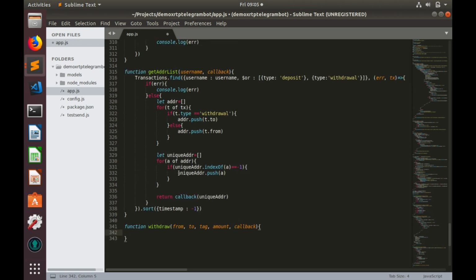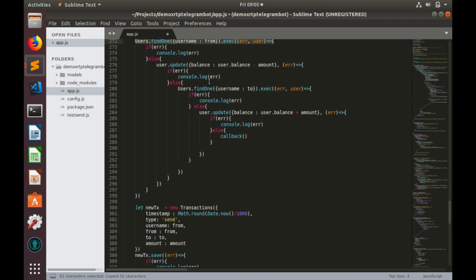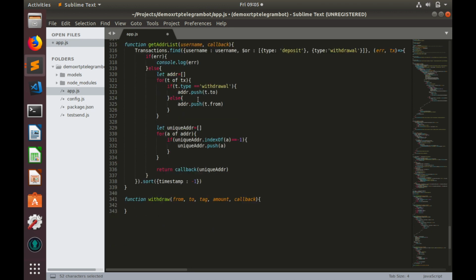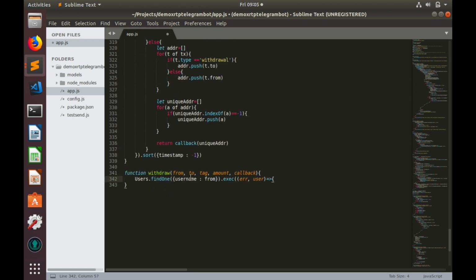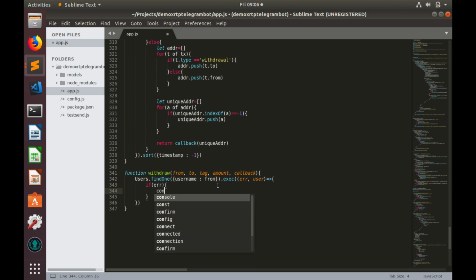We need to find our user and deduct from his existing balance the withdrawal amount. So as usual, let's copy the row user find one, paste it here and update. Actually, we don't need to update anything, which is great. So we just need to implement the callback. So if error, as usual, we'll console log it. Else,